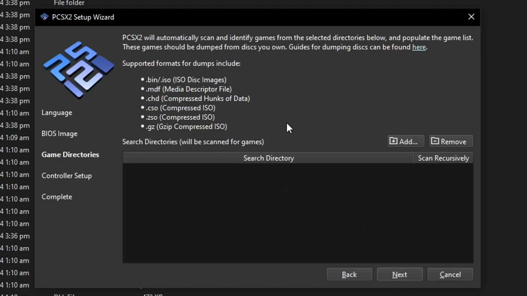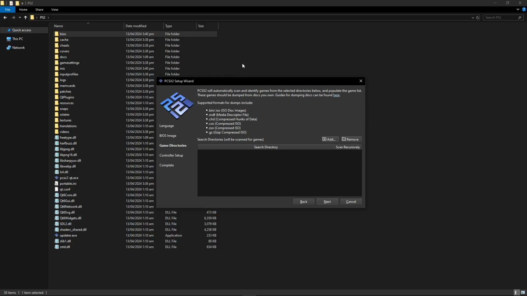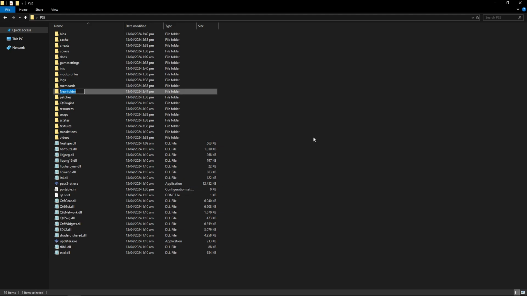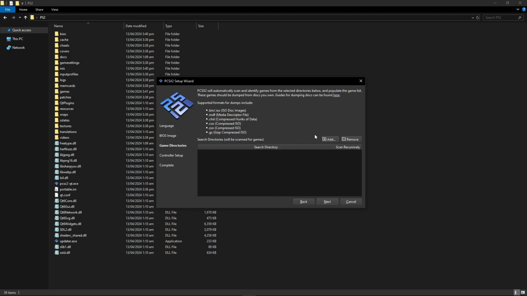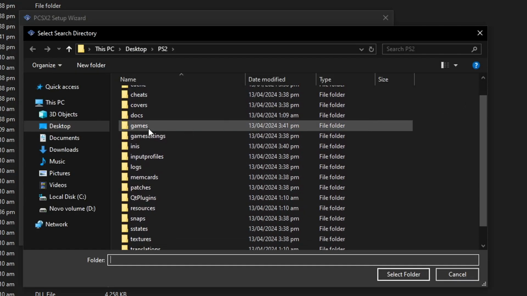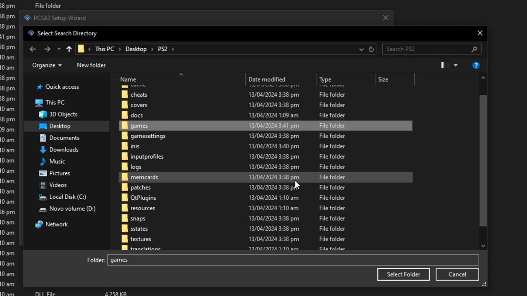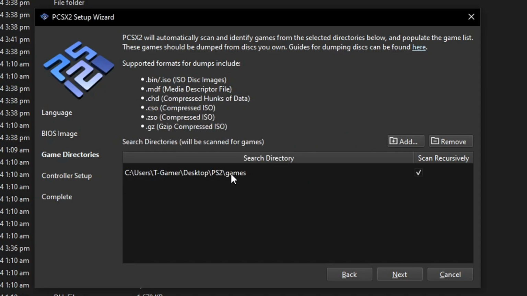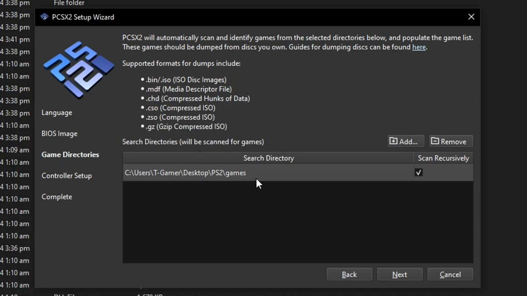And on this tab, we're gonna have to select the folder to where you want the emulator to scan for the games. And in my case, I like creating a folder here on the emulator folder. Click on new and then folder. I just create a new one here called games, just to keep everything on the same place. Right now, go here back on the emulator and then click here on add, and it should open the emulator folder by default. So now you just have to select that games folder that we just created and click on select. It's going to ask if you want the emulator to scan this every time. Click on yes, and there you go. The folder directory should appear right here.